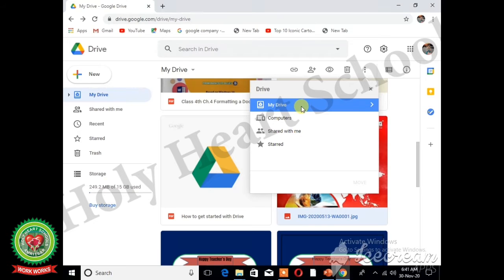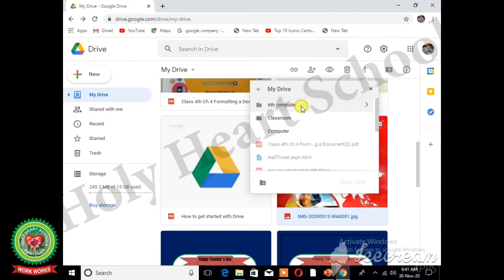Now you have to double click on My Drive, and after double clicking you will see the different folders in which you can move your file. Now I want to move this file to 6th computer folder. So you have to click on it and then click on Move button.